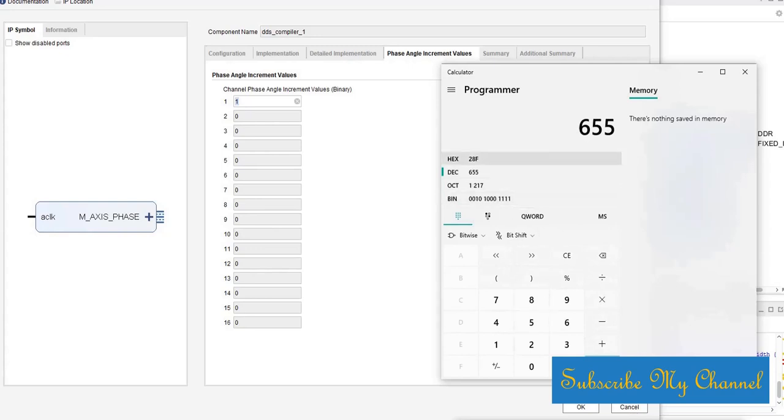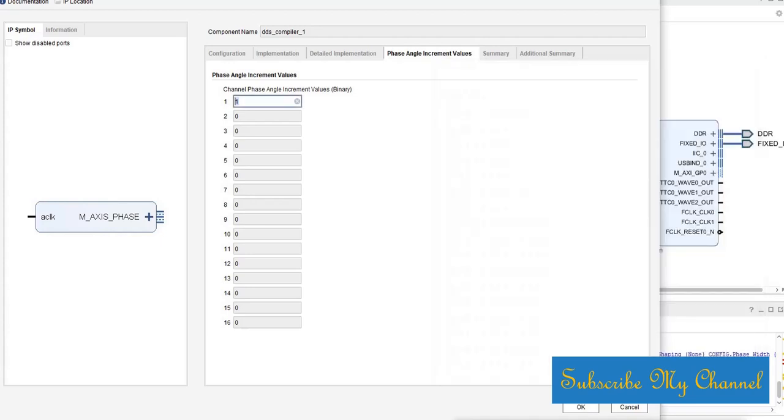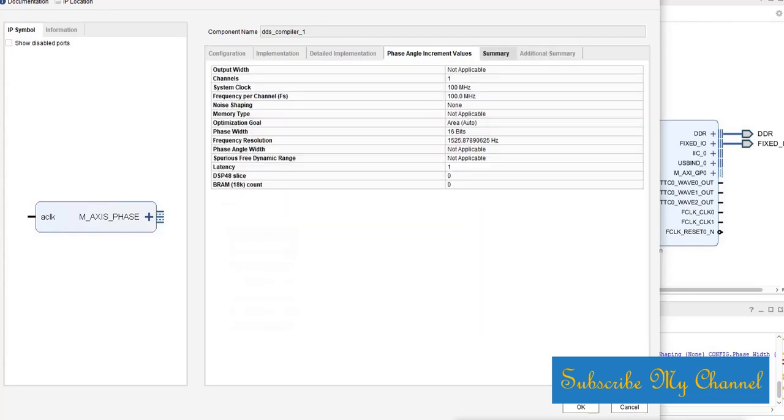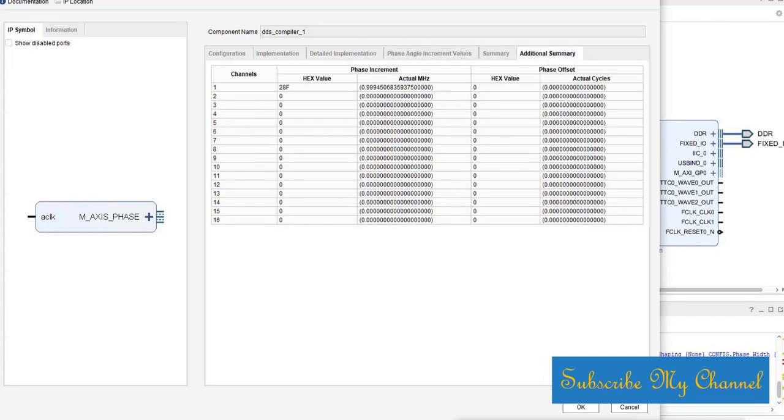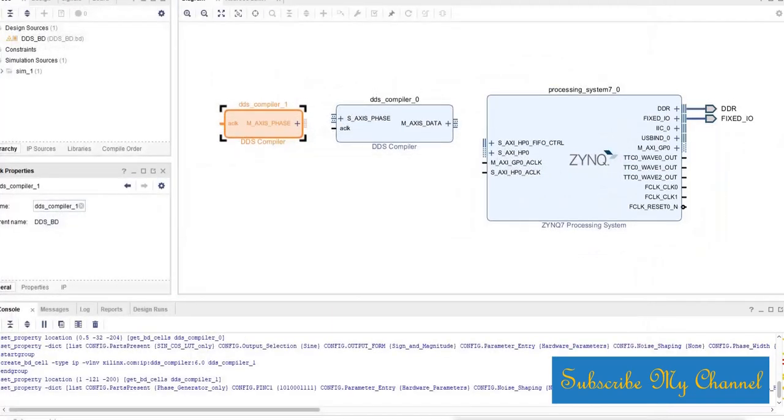In hexadecimal it would be 028F, so we'll put in 028F. Okay, the actual frequency is 0.999 megahertz, that means 1 megahertz. Okay, done. Now our configuration has been done.